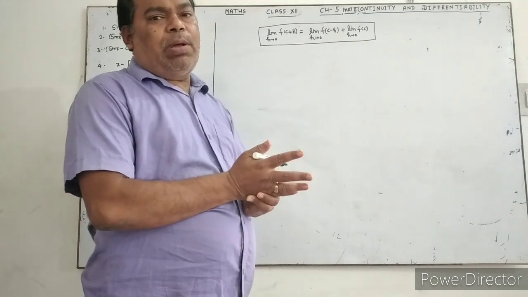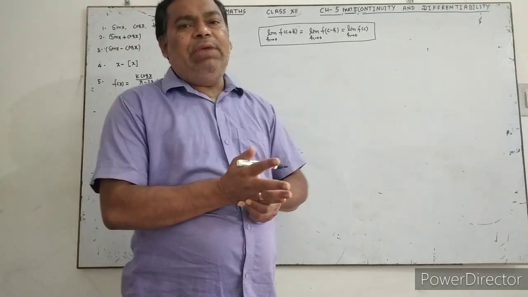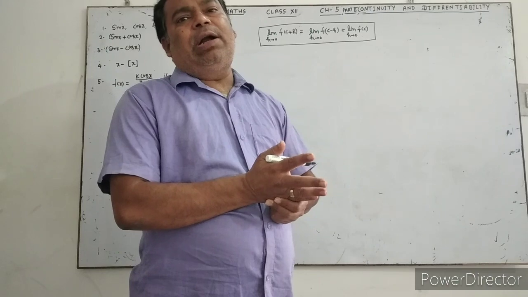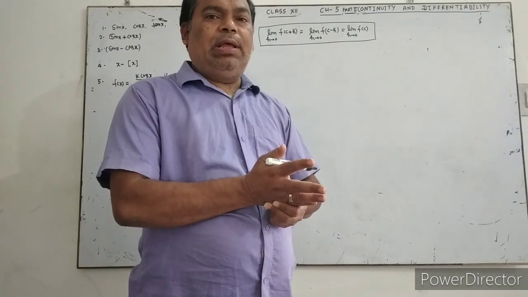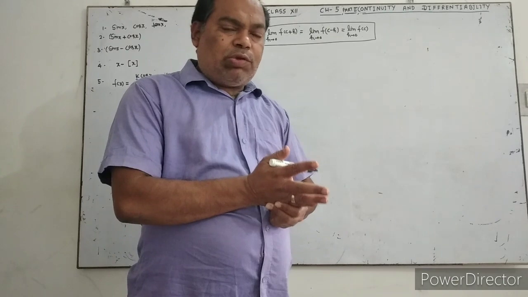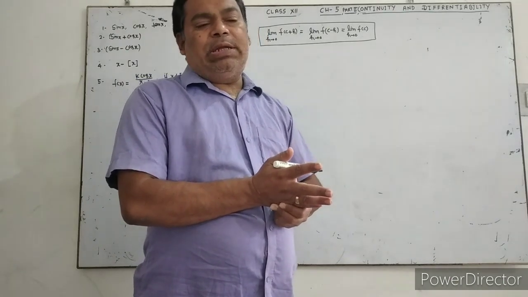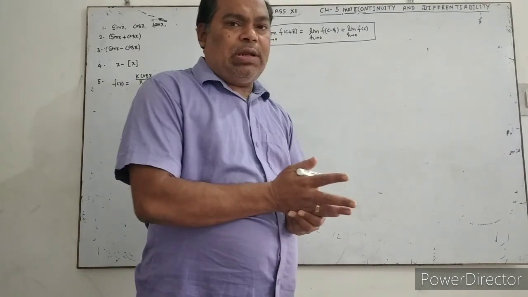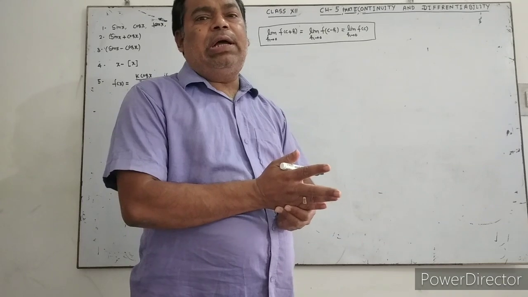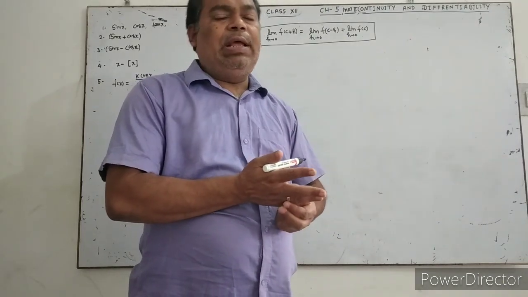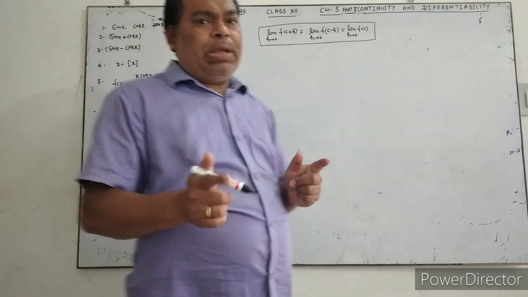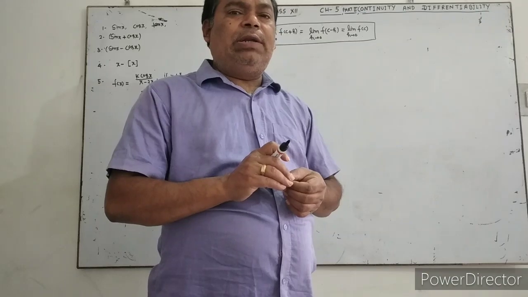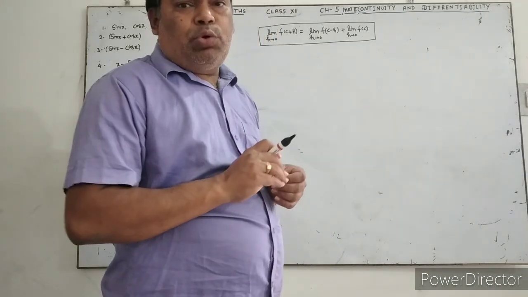You remember this theorem. First theorem: if any function is an algebraic function, then it is continuous everywhere. All the theorems are discussed in the books. Every polynomial function is continuous everywhere. You remember the first theorem. Second theorem: if f(x) and g(x) are two functions,